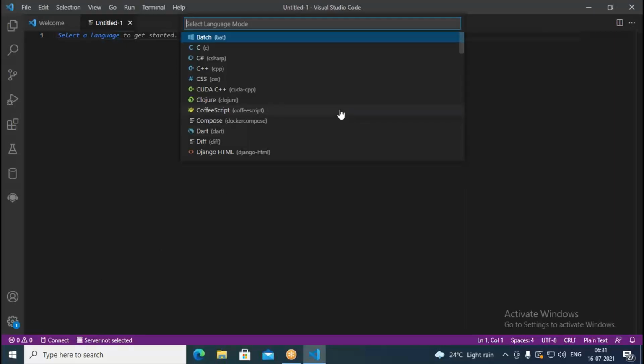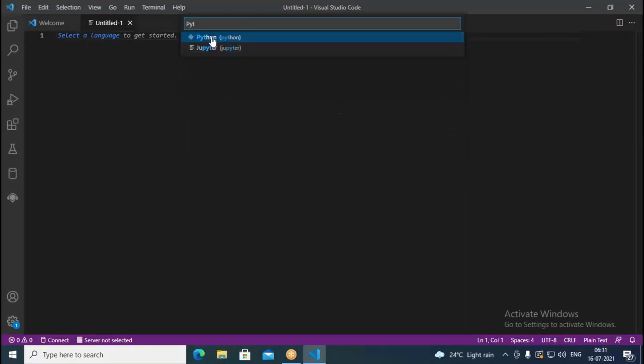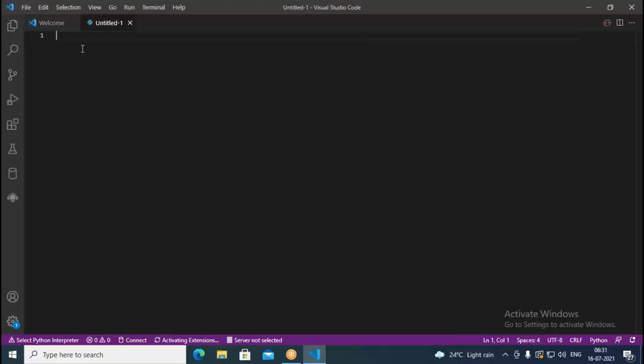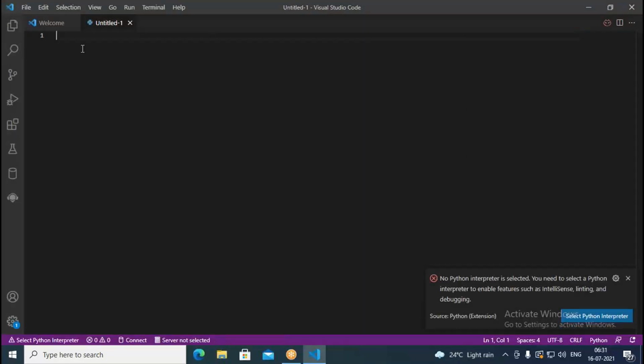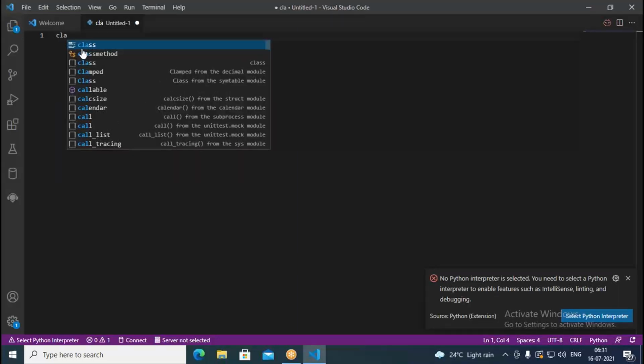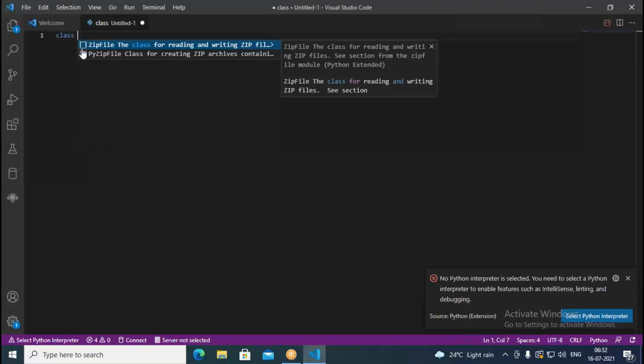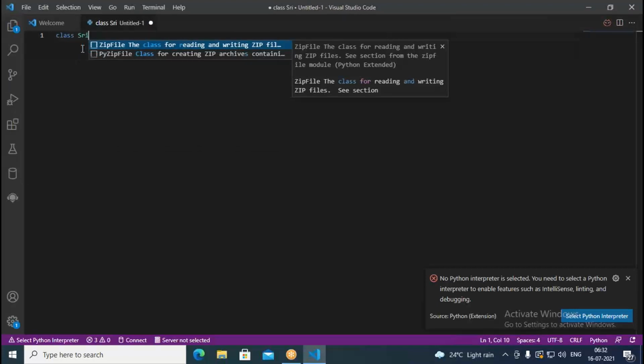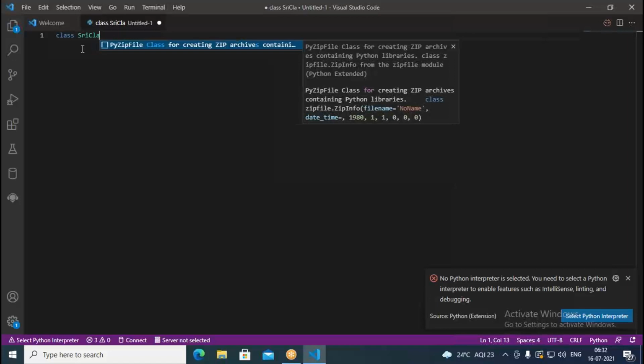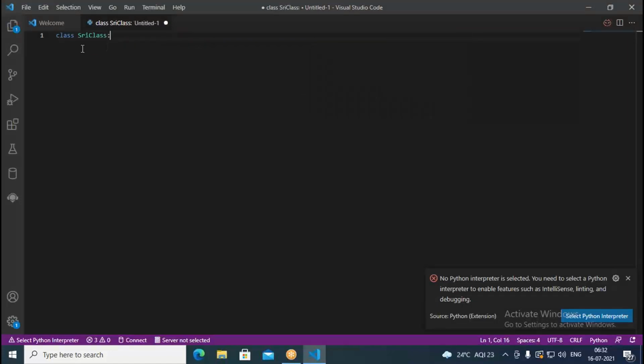I choose a language, and I go with Python here. First of all I would like to define a class, then an object. I write class, and I can put something like Sri class, followed by a colon. Then I define some properties in this.